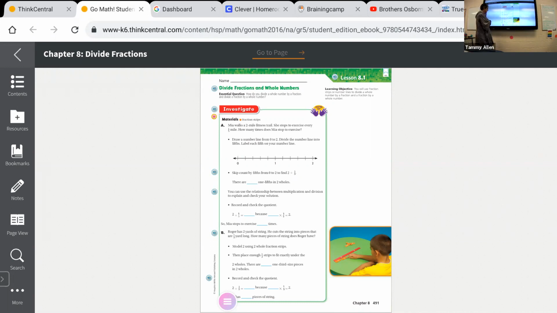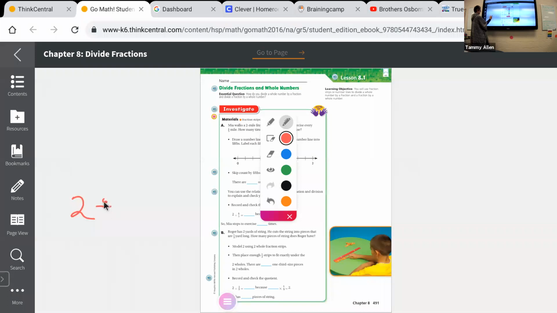How many pieces of string does Roger have? He started out with 2 yards, and he wants to divide into 1/3 pieces, right? So we want to know how many 1/3s we have,